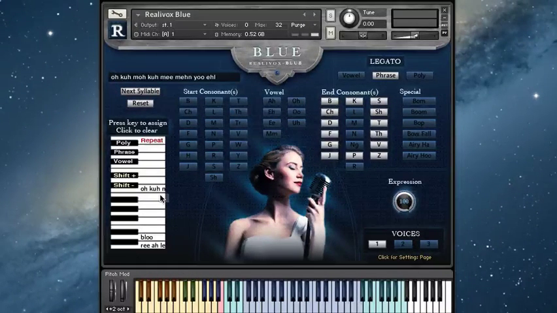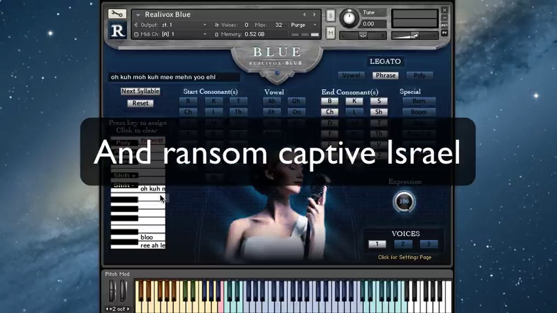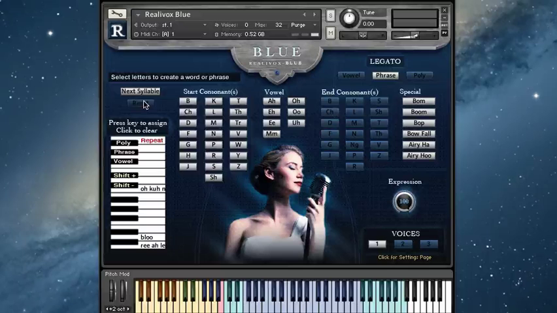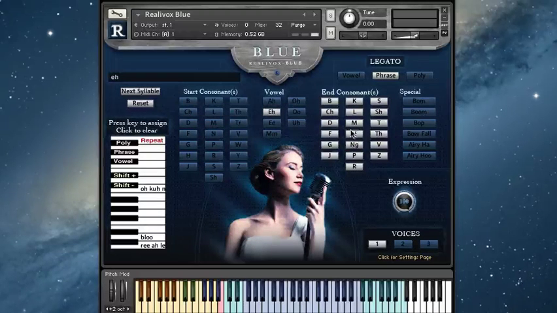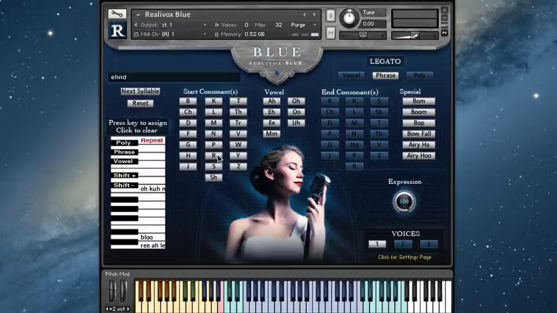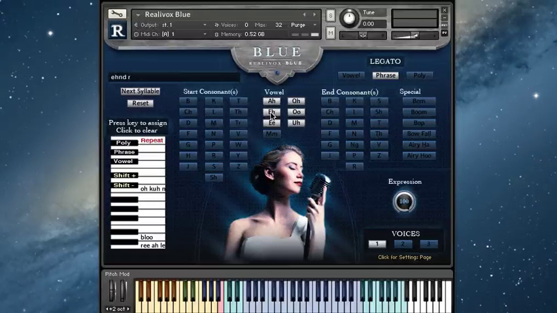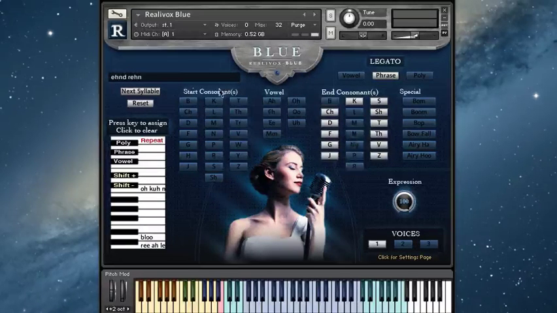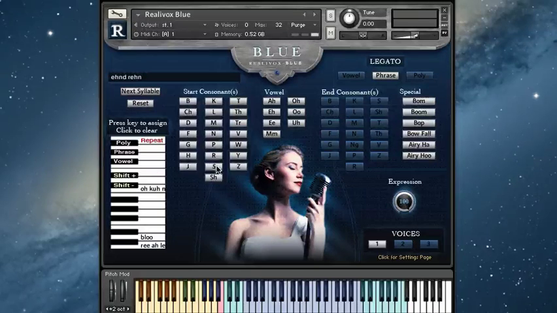Okay, so now we're ready for the second line, and ransom captive Israel. We'll start with reset to clear the line. Now we'll do and ransom. So and, we're going to have to do and ransom. So we'll do N, D, and then ransom, R, N, S,